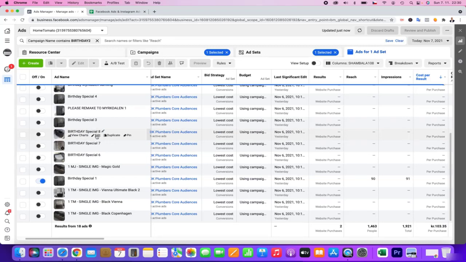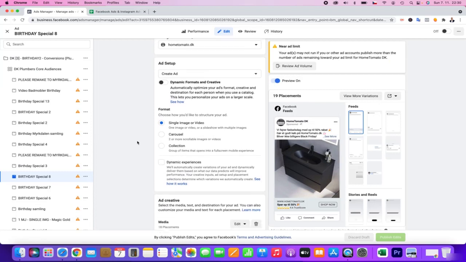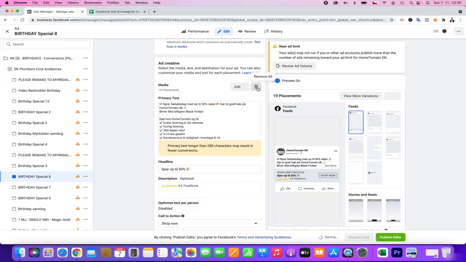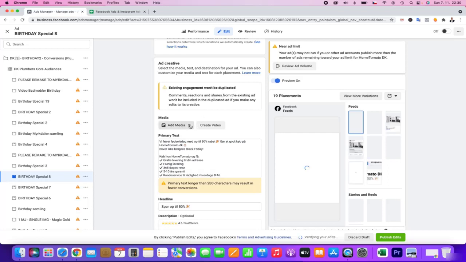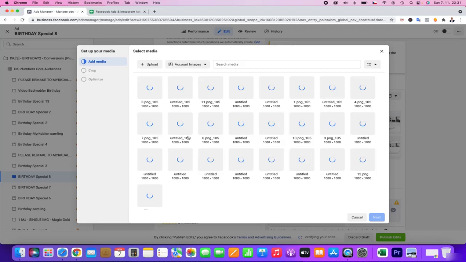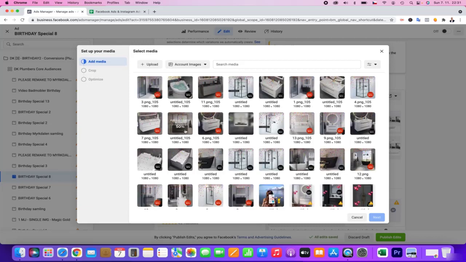I would check this and basically delete it, and I would try to create some fresher ones and choose some nice pictures. So let's do this black one. I think this is really nice, eye-catching, or maybe this black one is also very nice.